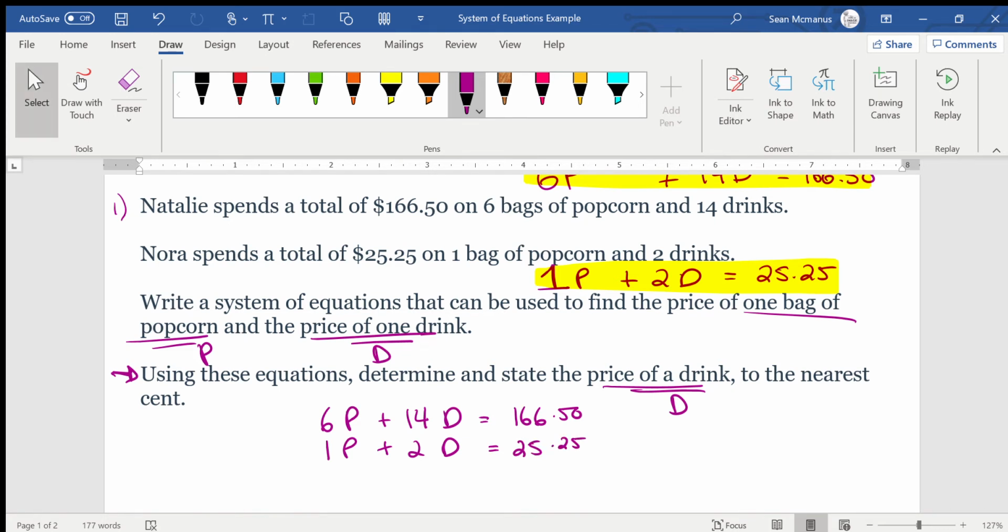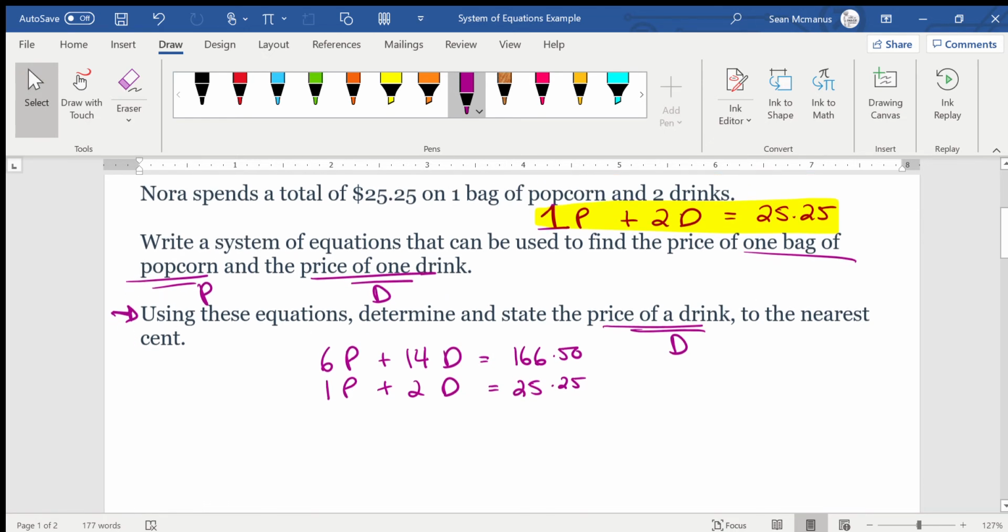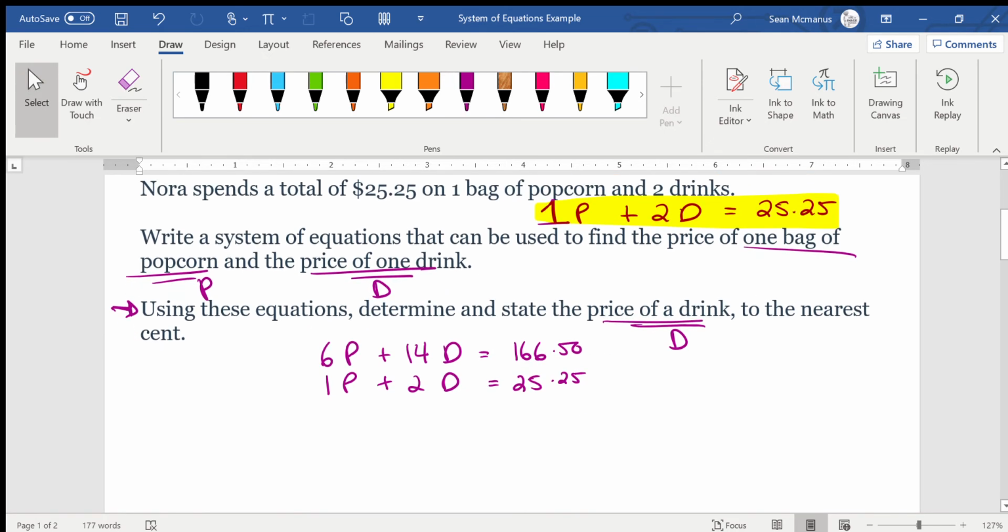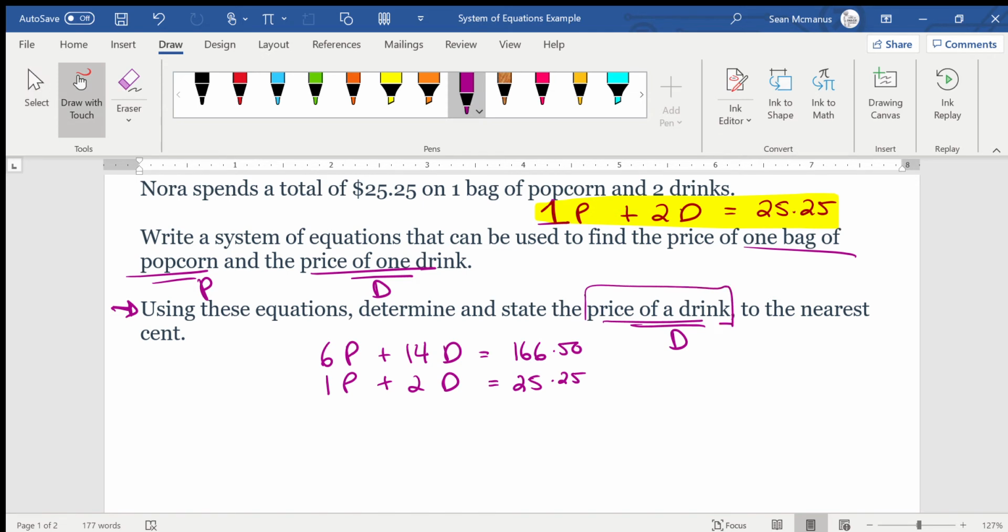I think what's probably going to be our best method to solve here is elimination. We could eliminate whatever we want. This is asking me to find the price of a drink, so solve for D. If I want to solve for D, I'm probably better off trying to get rid of the P's, because then it'll leave the D by itself. I could eliminate the D's and get the P, but then I have to plug it back in, so it's just extra work. So I'm going to multiply this whole equation,